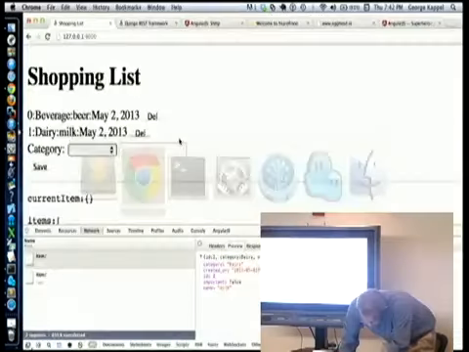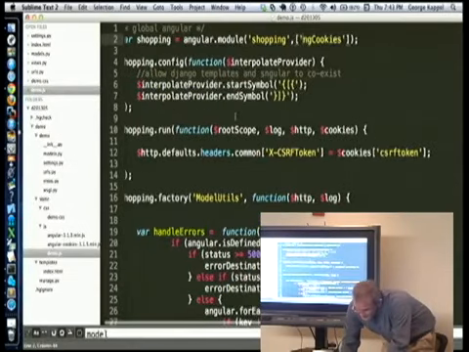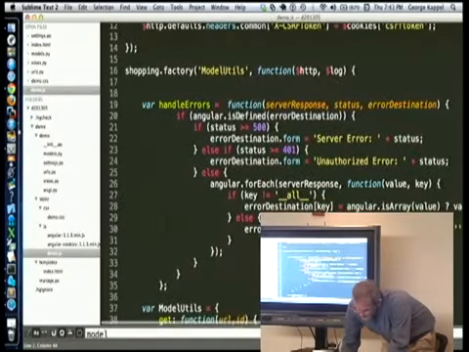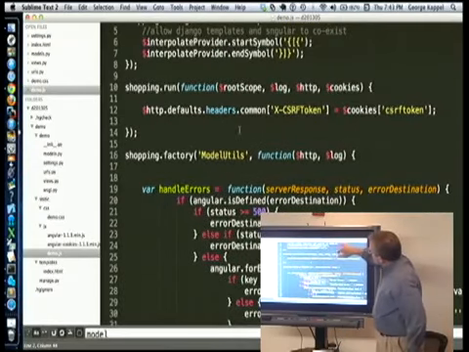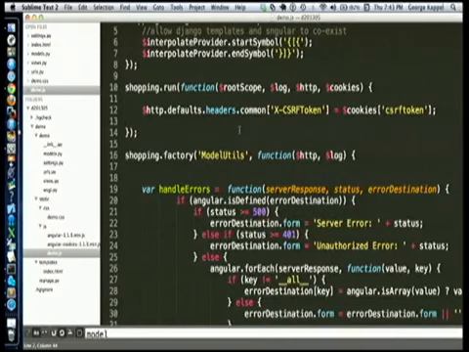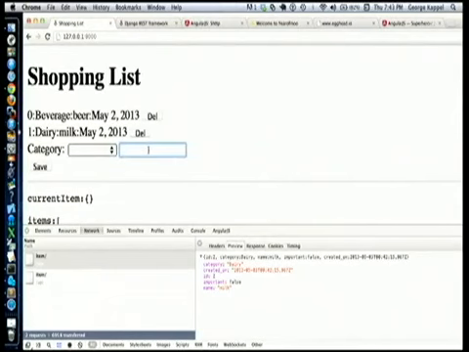Now, as far as the JavaScript goes, it's starting to get a little bit more complicated. Okay, we'll go through this from the beginning. This stuff we've covered already, but now we're adding a service, and I'm just being clever and calling it model utilities, right? There's this scary looking handle error thing. Let's just show you what that is real quick. So that's basically if we hit save,